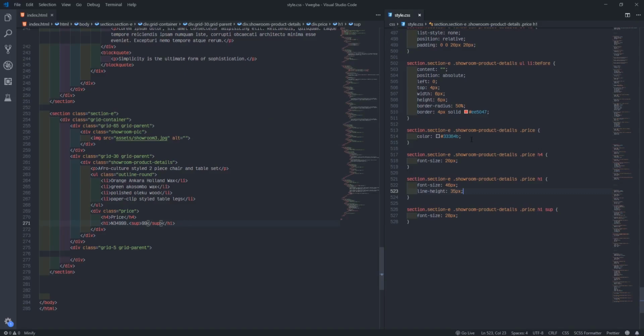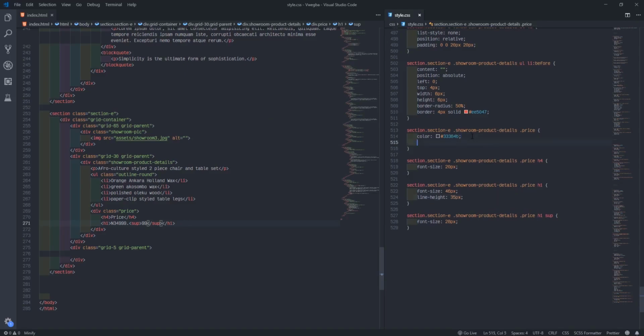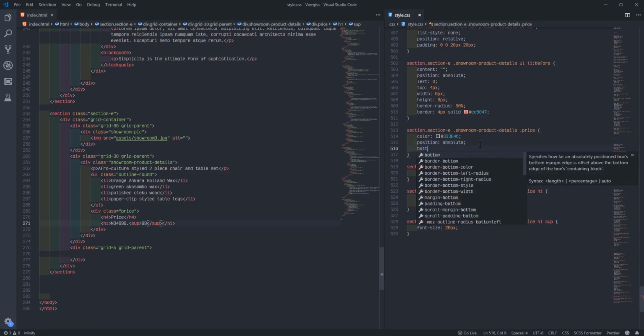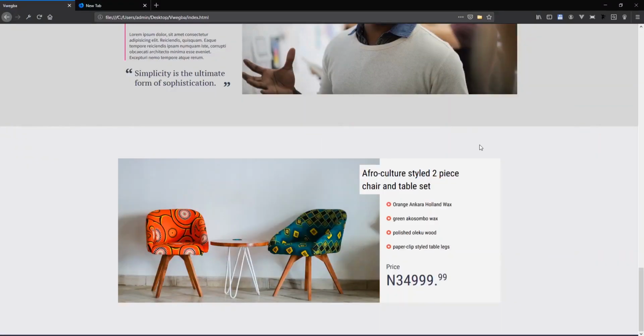So I'll target the price. Then I'll say position absolute. Then bottom 0. It's gone. We'll see.